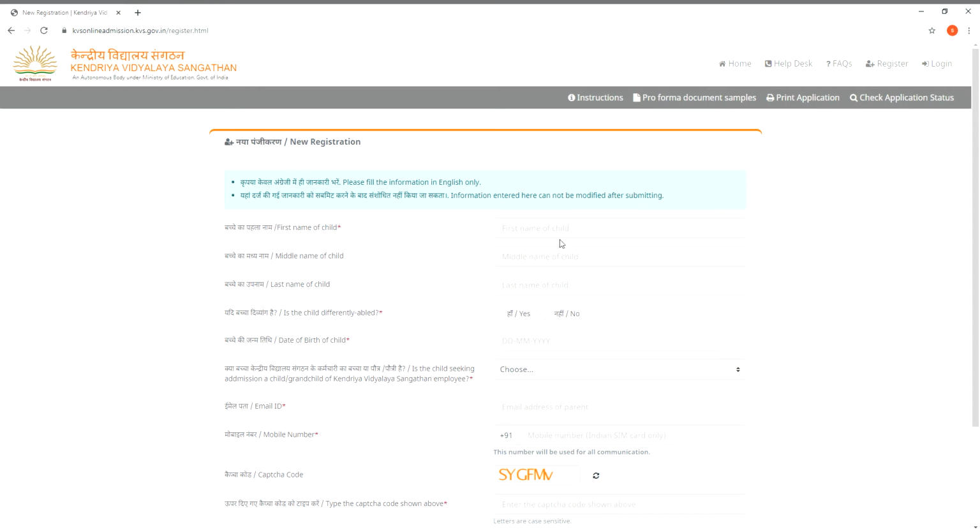Now we will fill the details. Provide the first name, the middle name if the child has a middle name, and the last name or surname, and make sure the name of the child is as per the birth certificate.